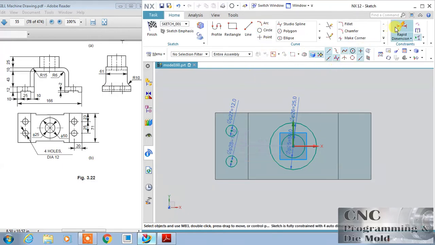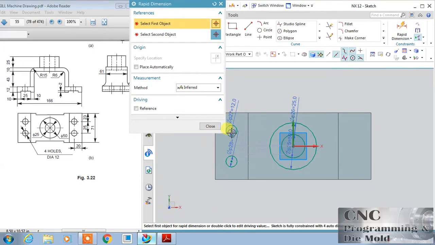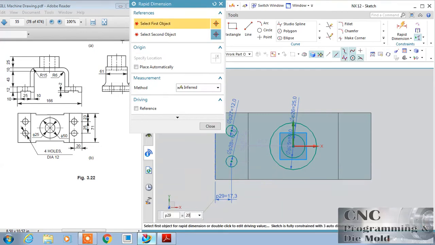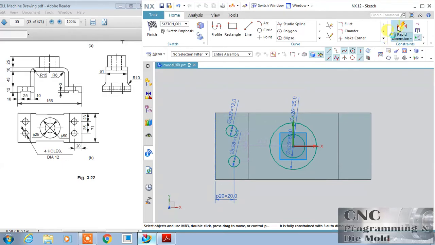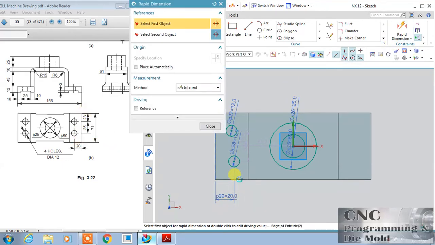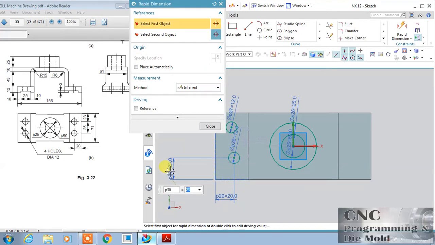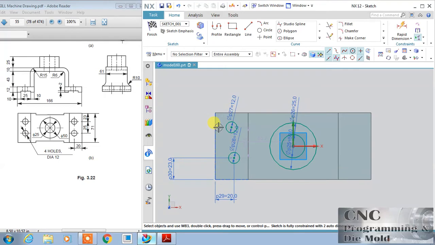So now only the positioning is left. The distance between this is 20 and 23 is the vertical distance. This is 23, and close it.